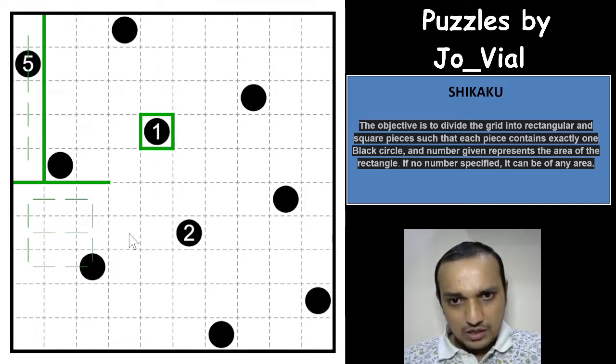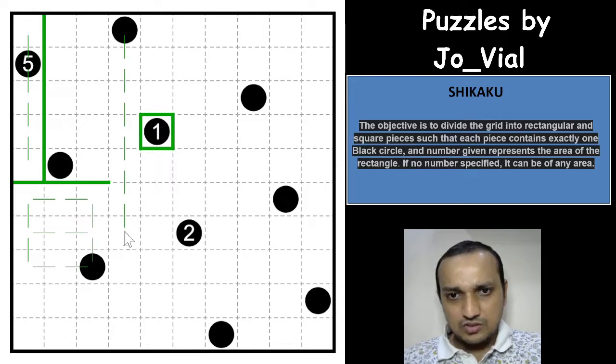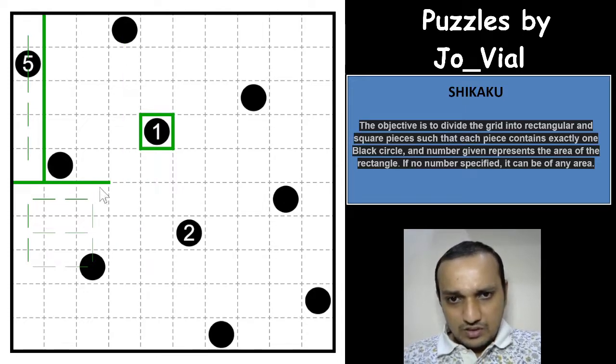What about this cell? This cell cannot be taken by any other circle. There is a circle here, but this will either take this cell or this cell, and if it takes this cell, this circle is getting contradiction here. It either has to take this cell or this cell, right? So this cell can only be taken by this circle again. So mouse isn't working again.